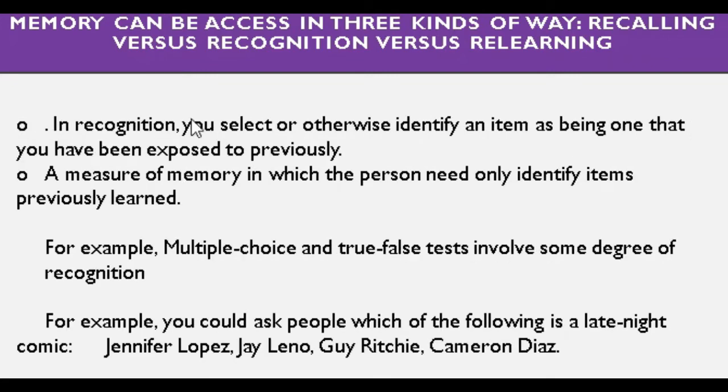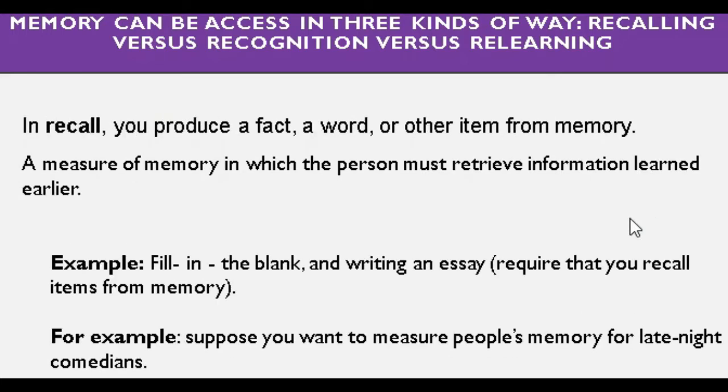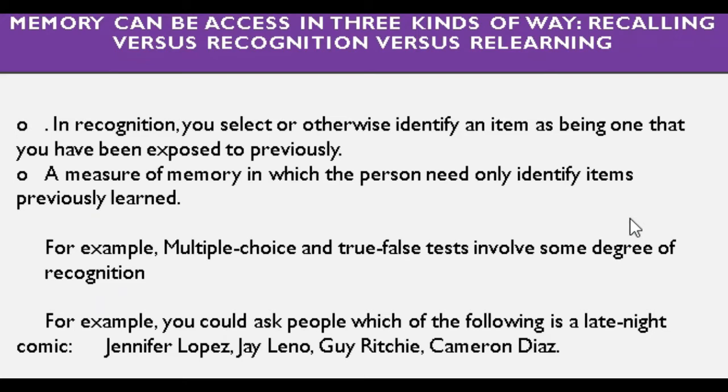In recognition, you select or otherwise identify an item as being one that you have been exposed to previously. So that is recognition. In recalling, we are pulling up something in our mind. How about recognition? It's a way of selecting an item that has been exposed to previously. Example,